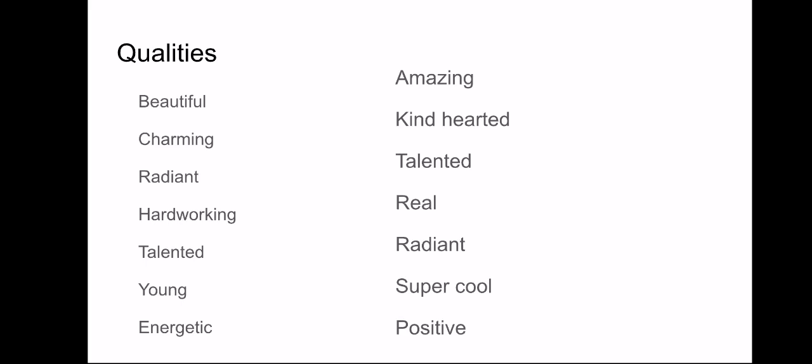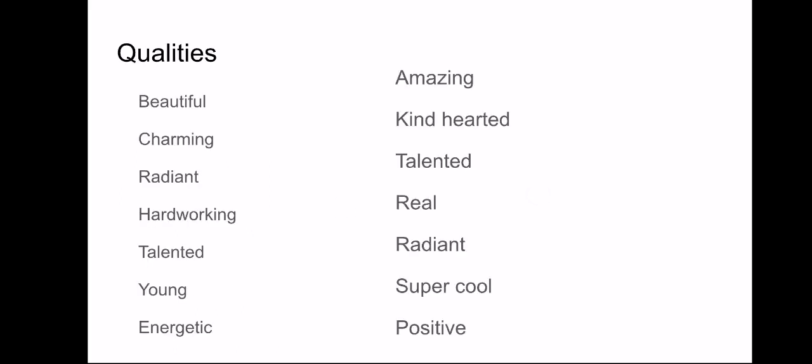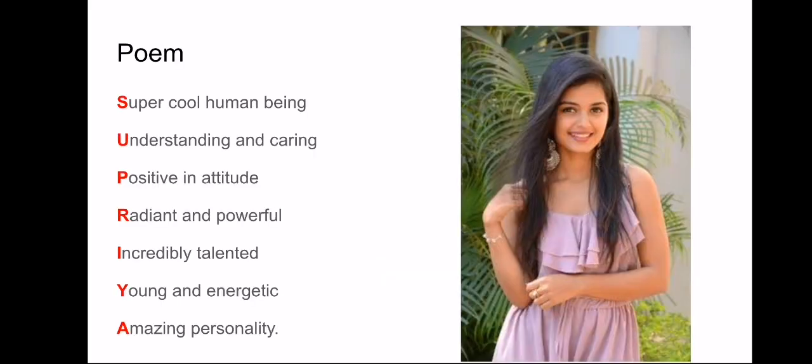And we have to keep in mind the word which starts with S will be on the first line. So here you can see Supriya written in red, that's the topic of our poem, and the words which we have found which describe my friend, we are going to put them according to the letter. Now here with S I have found super cool, so I am going to write super cool with S. So, super cool human being. Here you can also write just super cool. You can also make it a phrase, or you can add 2 or 3 words to describe your friend.